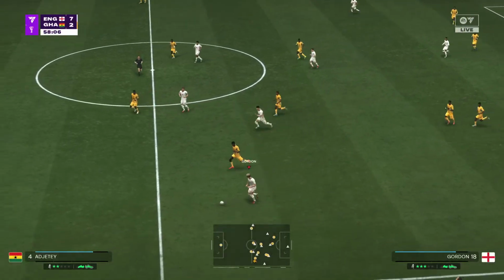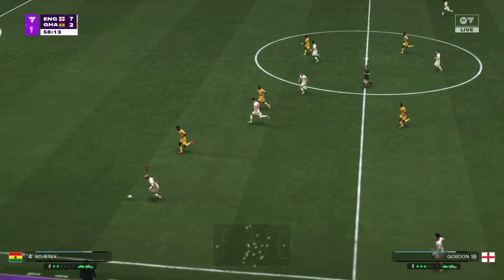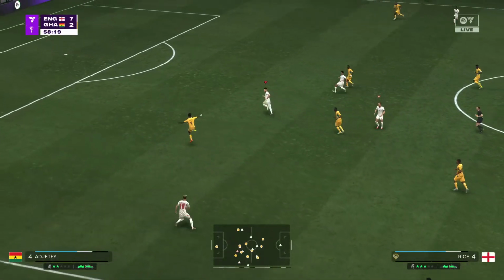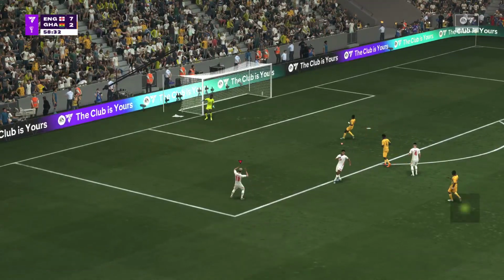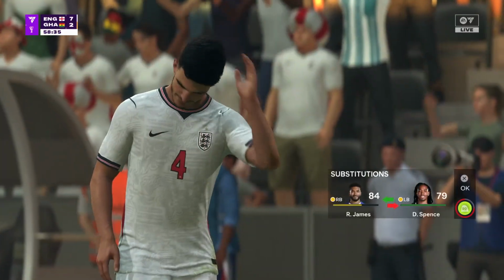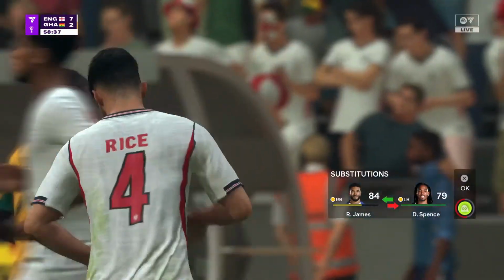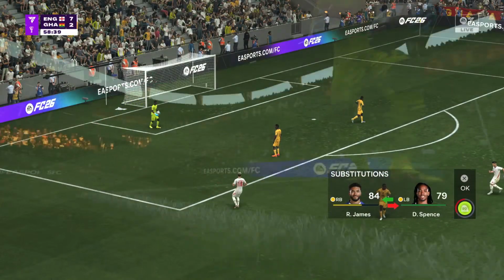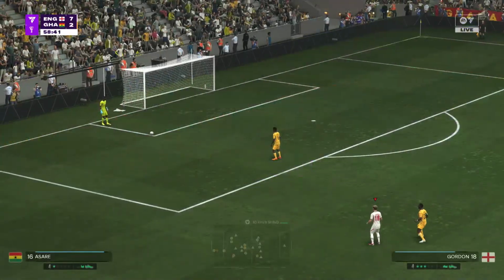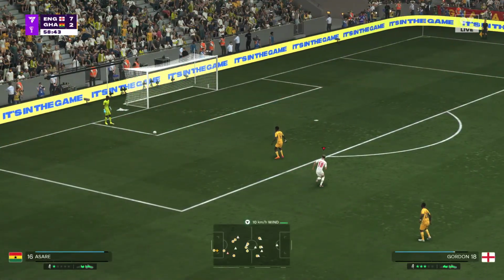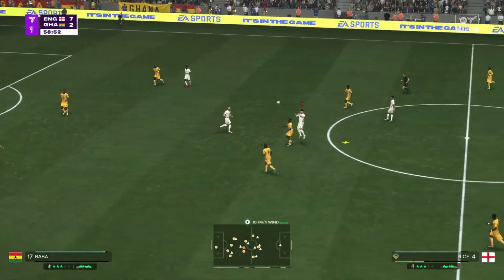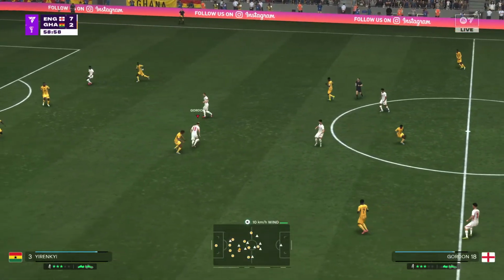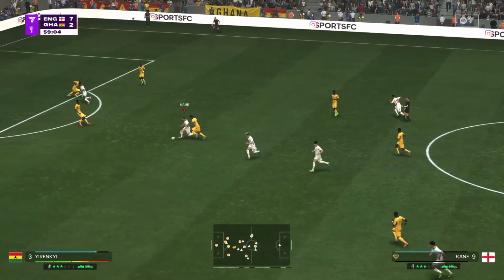Anthony Gordon. And roaming free here. He's in behind. Well, goal kick, just as it was looking promising. Oh, moving it nicely.